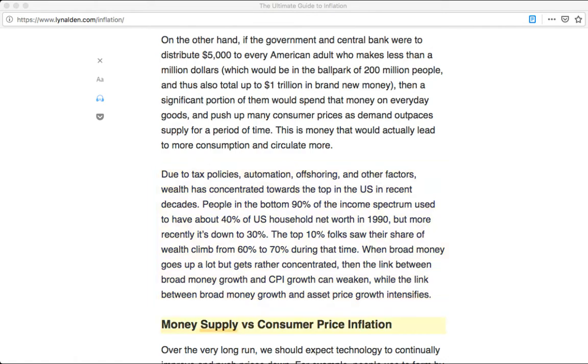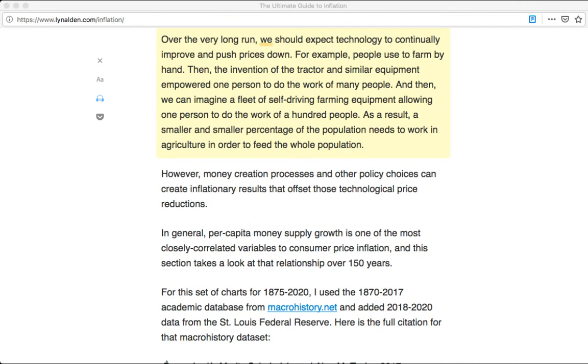Money supply versus consumer price inflation. Over the very long run, we should expect technology to continually improve and push prices down. For example, people used to farm by hand. Then, the invention of the tractor and similar equipment empowered one person to do the work of many people. And then, we can imagine a fleet of self-driving farming equipment allowing one person to do the work of 100 people. As a result, a smaller and smaller percentage of the population needs to work in agriculture in order to